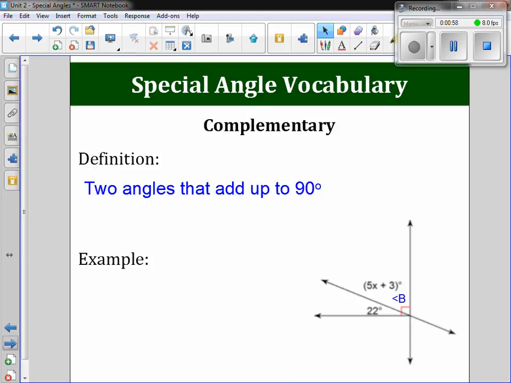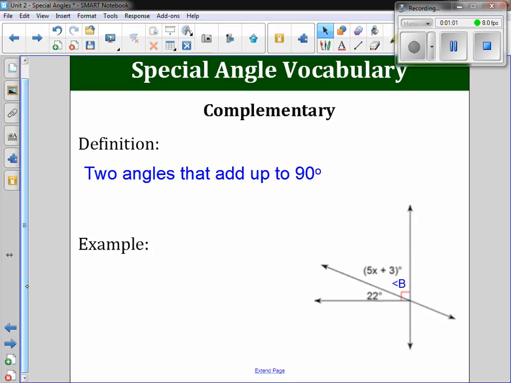Complementary angles are two angles that add up to 90 degrees. Here we have an example that has angle B of 5x plus 3 and then another angle of 22. We want to take the 5x plus 3 plus the 22, add them together and set it equal to 90, and we want to solve for x. 5x plus 25 is equal to 90. We are going to subtract 25, and 5x is equal to 65, and divide by 5, and we find out